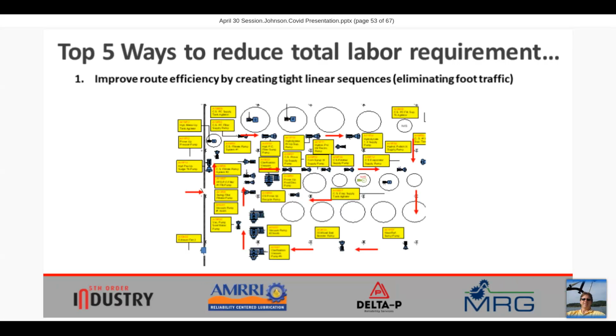So here's an example of a top-down view, a floor plan, if you will, of a production cell. We enter the door to the production cell, and then we predefine what the smallest number of steps would be to address all the machines within this production cell. And we organize the linear sequence of assets one after another following this sequence.